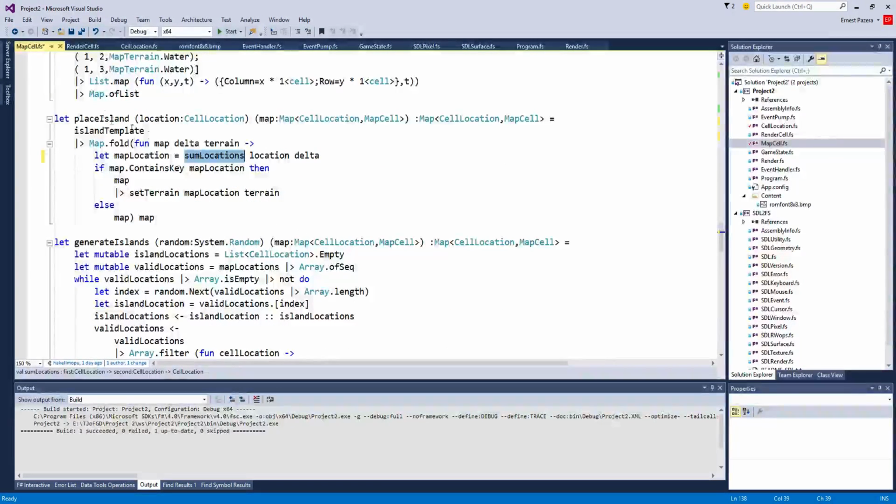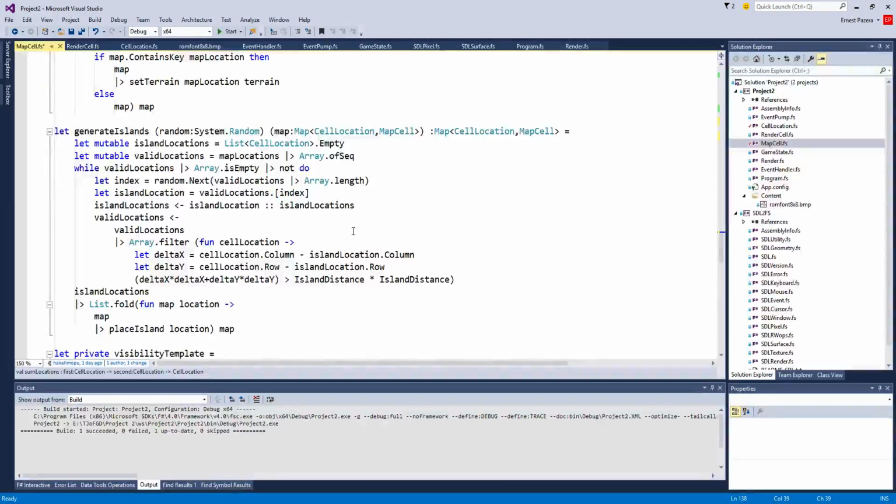So my place islands function, this thing goes through, here's my locations, and also here's